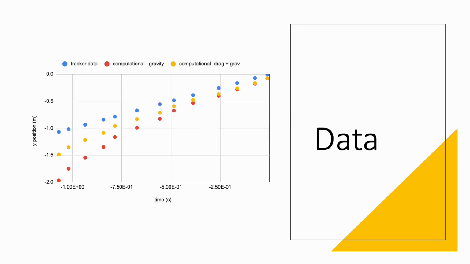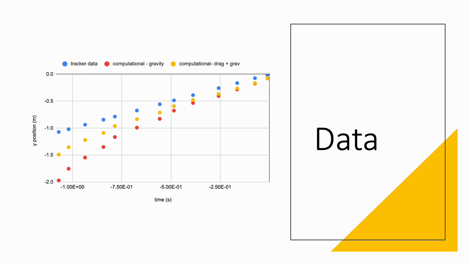Looking at the data, you can see the blue is the tracker data, the red is the computational with gravity only, and the yellow is the computational with drag plus gravity. You can see that the drag is a lot closer to the tracker data. It's still a little bit off, which could be because we were doing some guess and check with the coefficient, the b variable. We weren't really fully calculating that, so it may still be a little bit off,